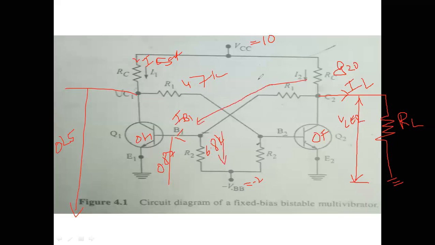Let it be I1, and let the other be I2. I1 minus I2 is nothing but your IB1. Generally this we have taken as the I3 current. IC sat is nothing but I3. Only in this one we won't require I4. The remaining parameters we have to find out, except I4. We will see how we are going to solve it.